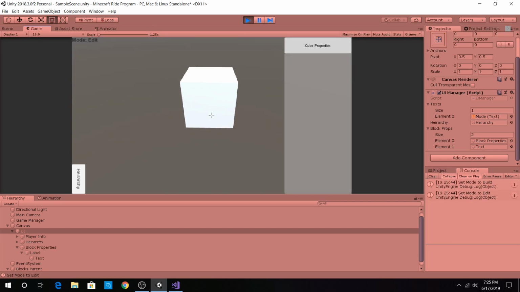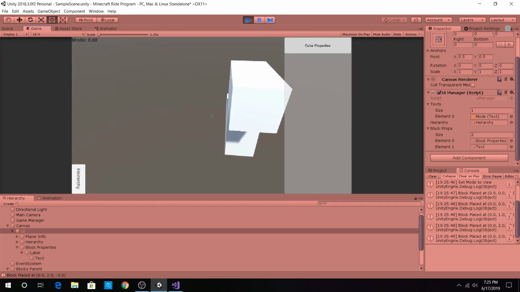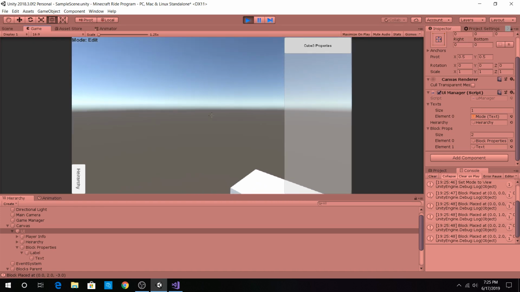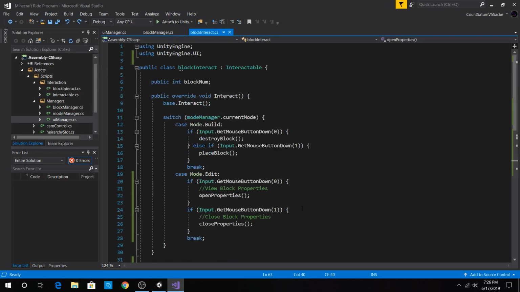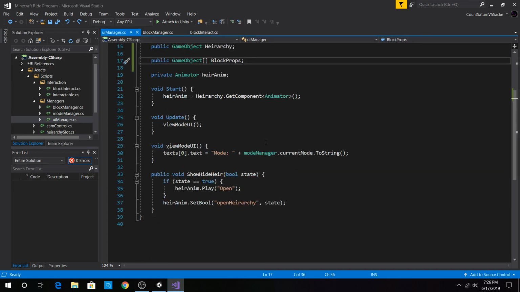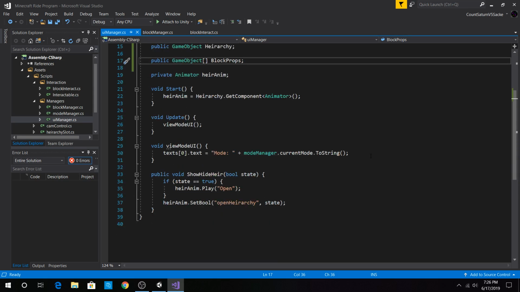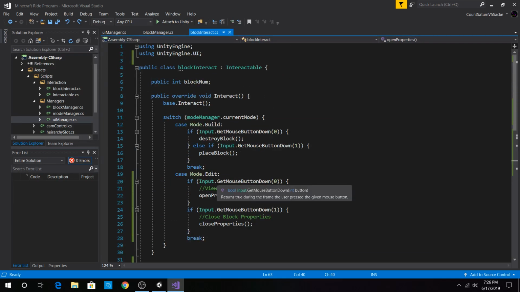Go to edit mode and cube properties. Let's go to build mode. Okay. Edit mode, cube 4. Okay, I also think that we want to close this if the hello rain. I think that what we want to do is we also want to make sure that when we are no longer in